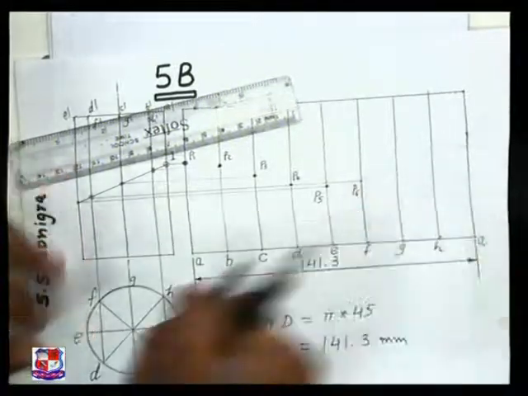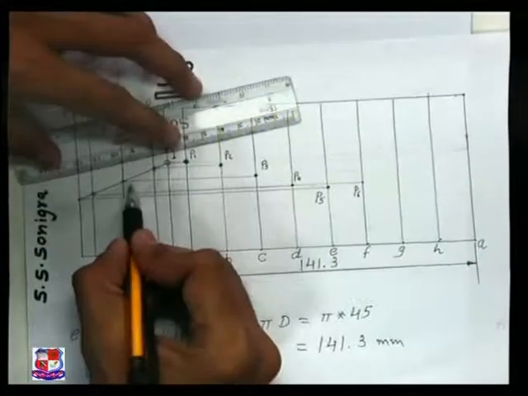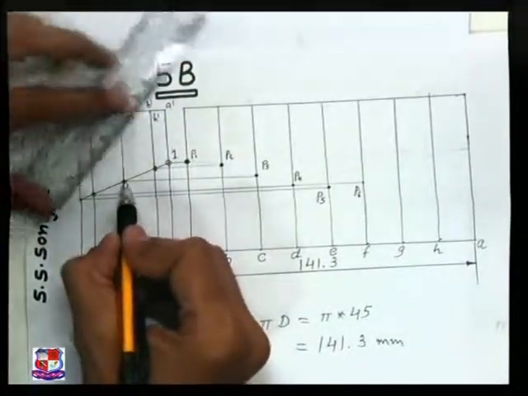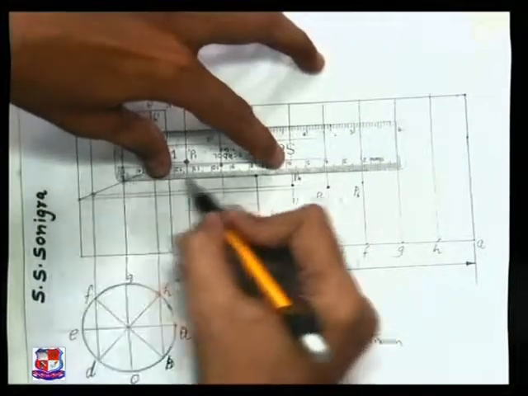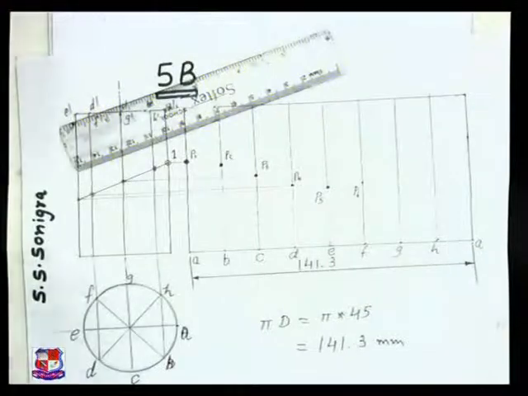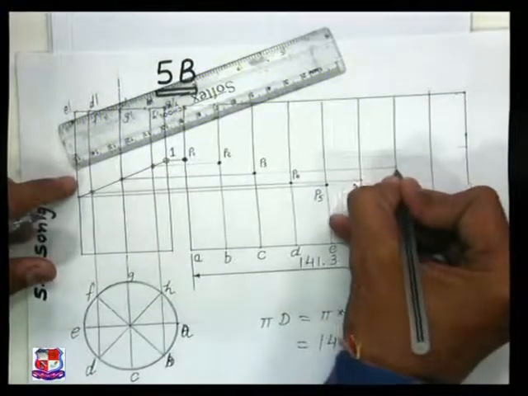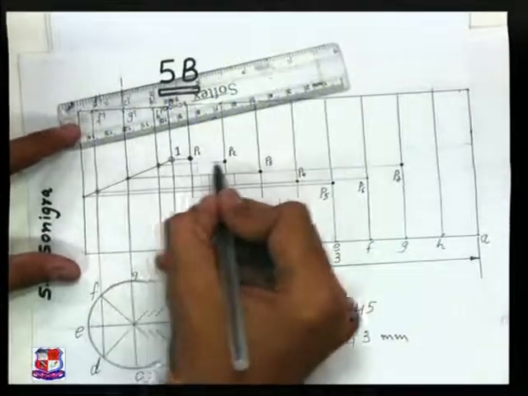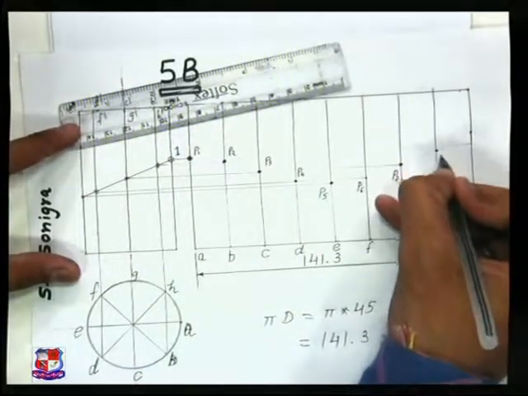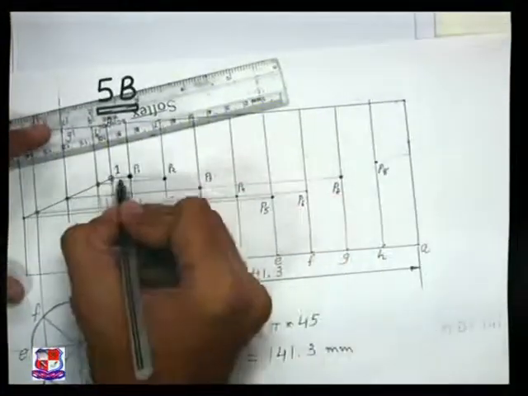Similarly, point P7 on G. From G draw a horizontal line that will cut G at one point. This is point P7, and the horizontal line from the point here, this is point P8, and back to this horizontal